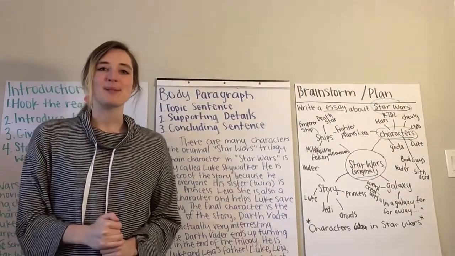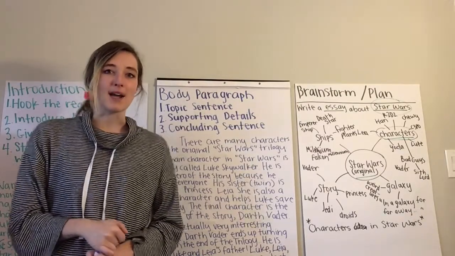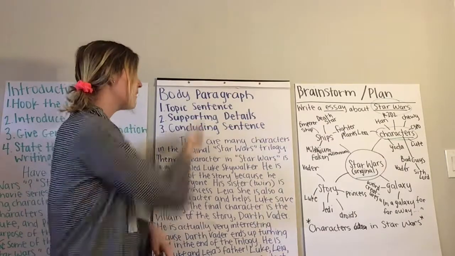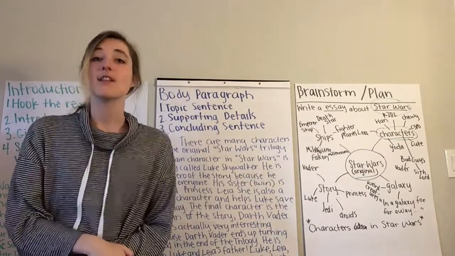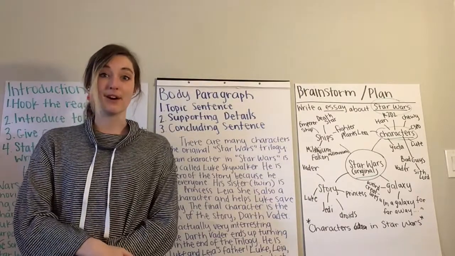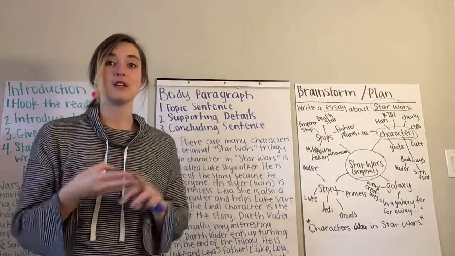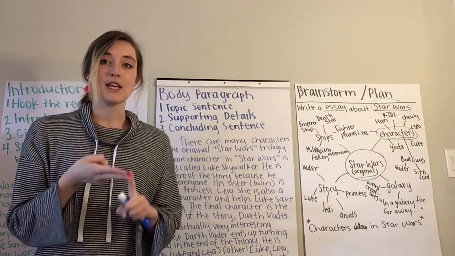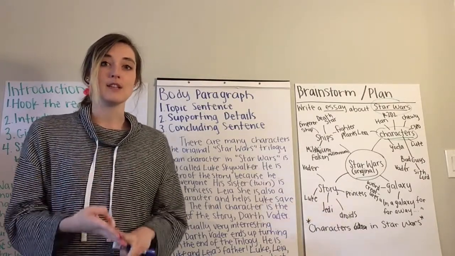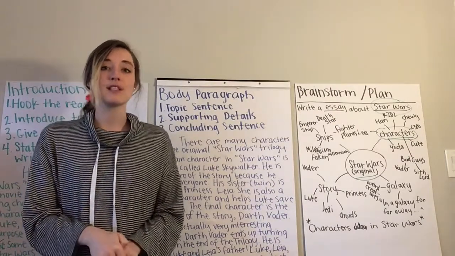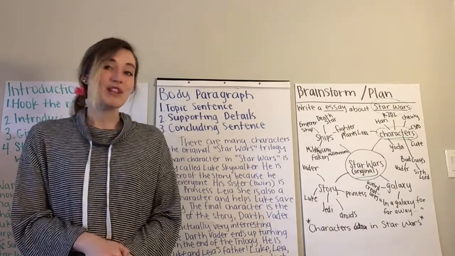Alright, so that was my video on how to write a body paragraph for a 3-paragraph essay. This same step-by-step process can also be used for a 5-paragraph essay. Anytime you have a body paragraph, you need to do 3 things. You need to write a topic sentence, include your supporting details, and then write a concluding sentence. The supporting details can often shift and change. It's whatever you're focusing that paragraph on. So I really hope that helps.